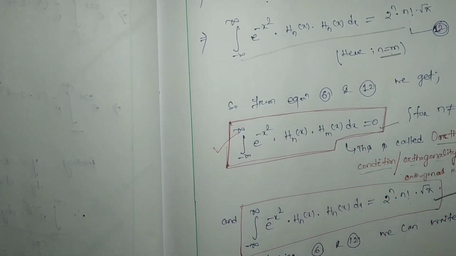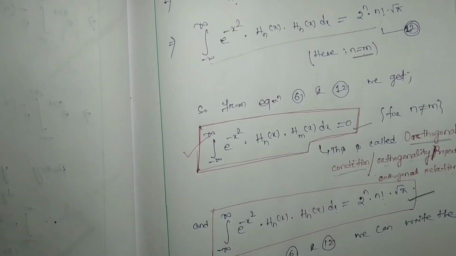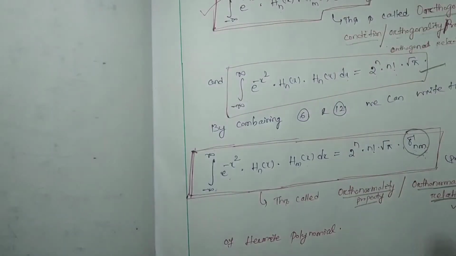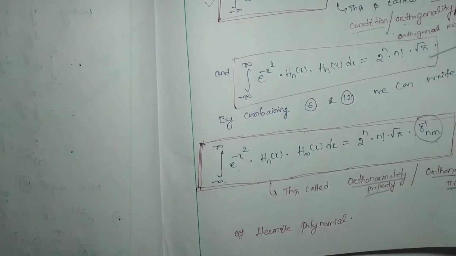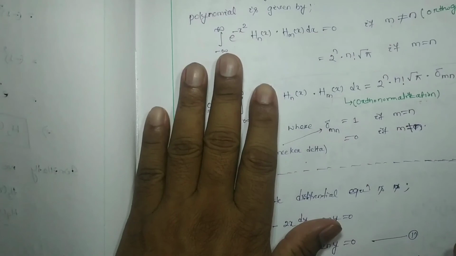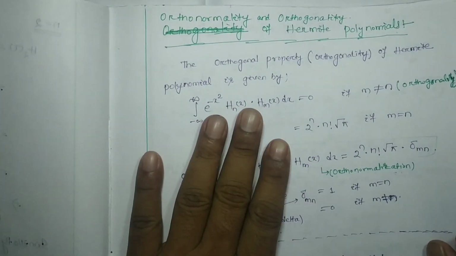The same thing, similar types of things we also found at the time of the Legendre polynomial, and the corresponding orthogonal and orthonormality conditions when we discussed them at that time. So I suggest you go through this video properly, and write down the notes by pausing the video. And one thing I suggest, this is one of the important questions from your exam point of view, so you also prepare this question for your exam.